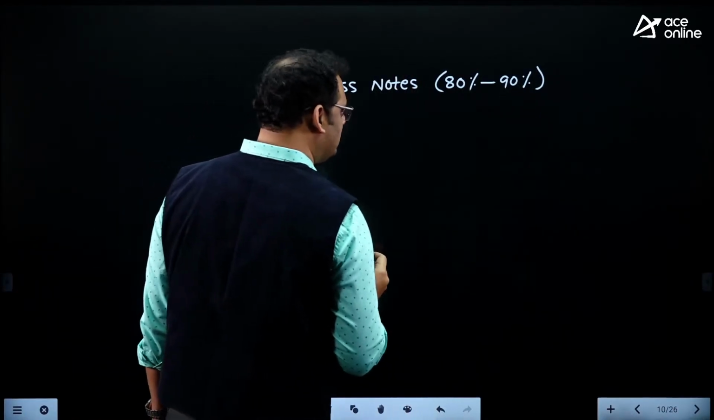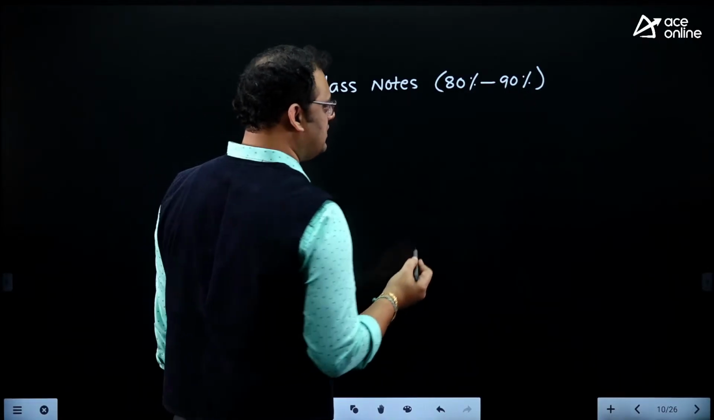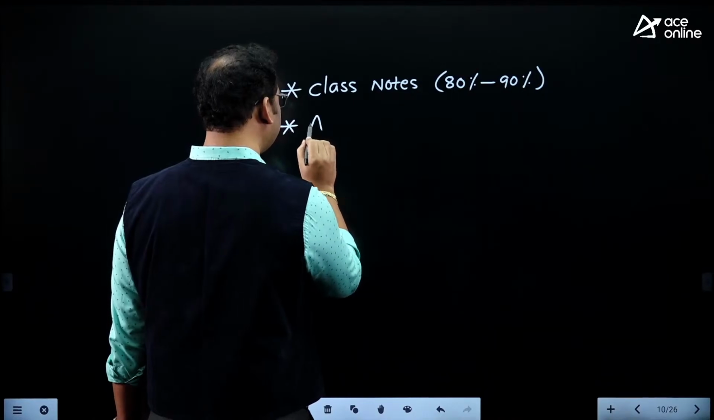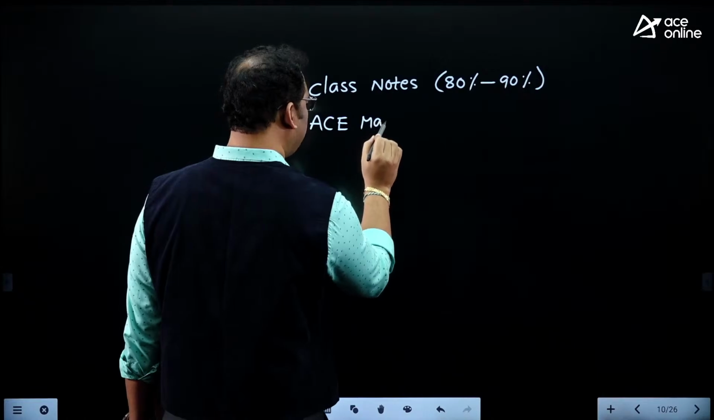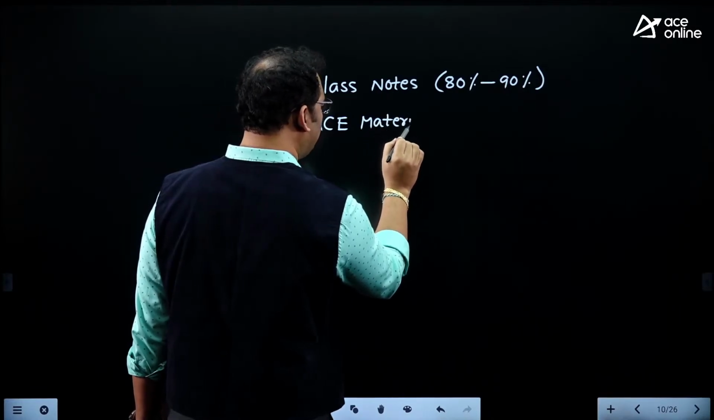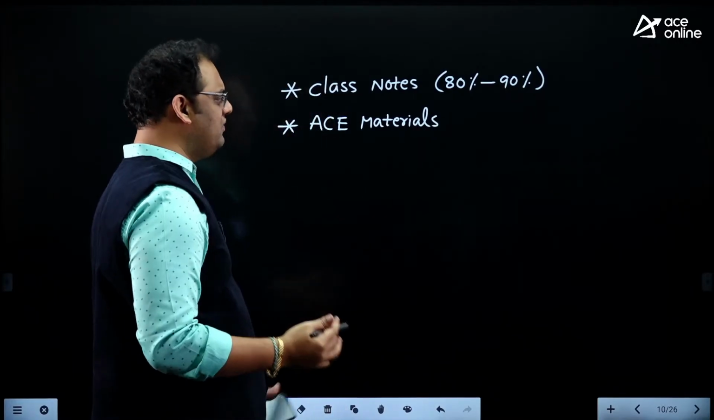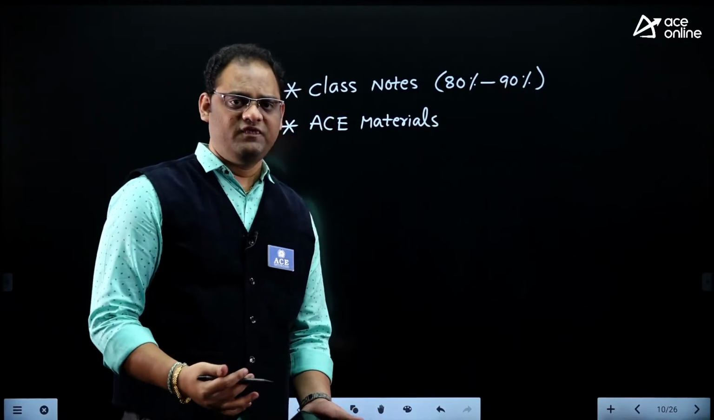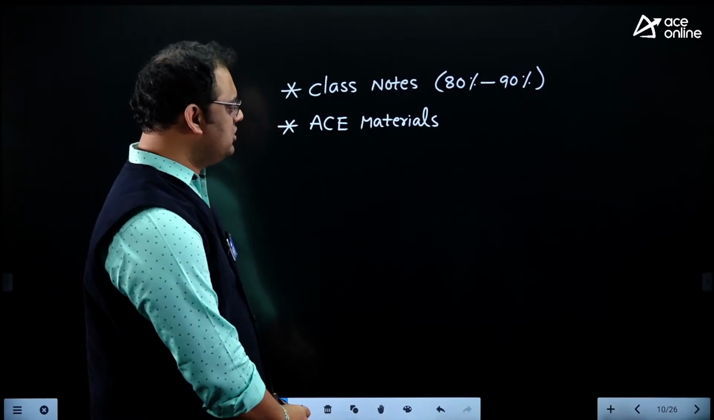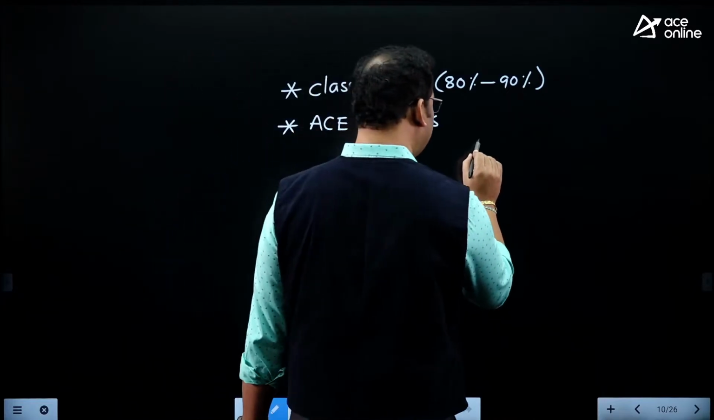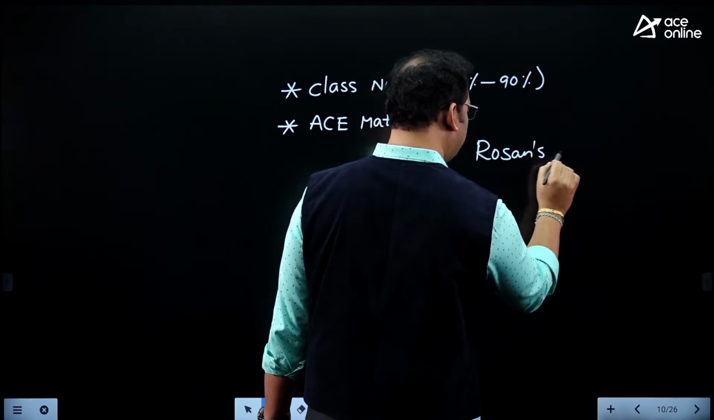And after class notes, you can refer to the prescribed materials, whatever materials are available to you. Let us suppose one of the premier institutes in India, that is called ACE. We have the prescribed textbook for discrete mathematics. So you can go for Kenneth Rosen's and all. So in Rosen's 8th edition or whatever you say,